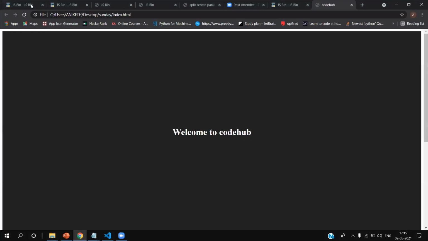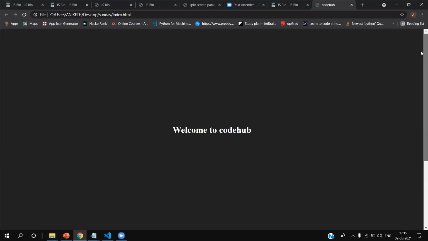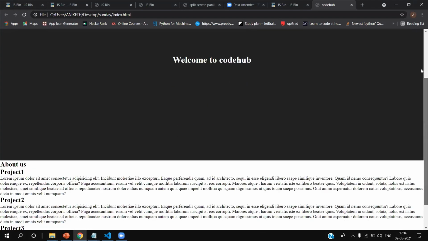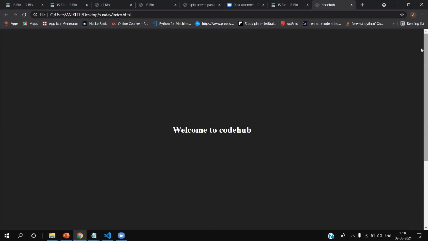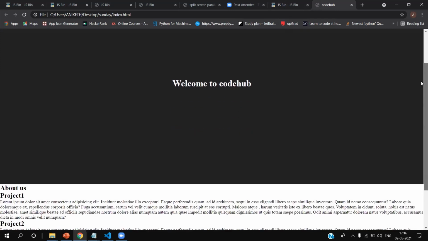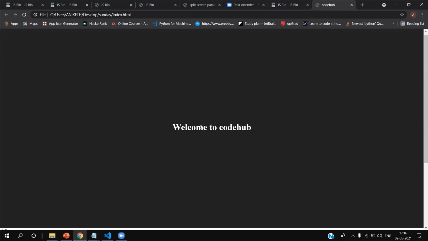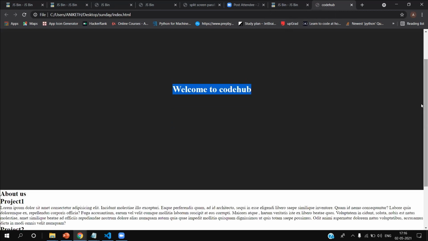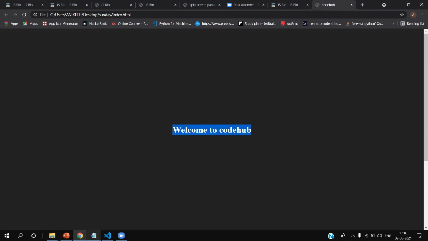Now I'll show you. See, now the space has gone, as it had automatically created padding and margin. I have to make it 0. It's not always necessary, and it depends on the website which you're making. For our website, we have to give it as 0. Now it's okay. So we have created the header, and we have brought "Welcome to CodeUp" into the middle. Now we have to change the background, right?